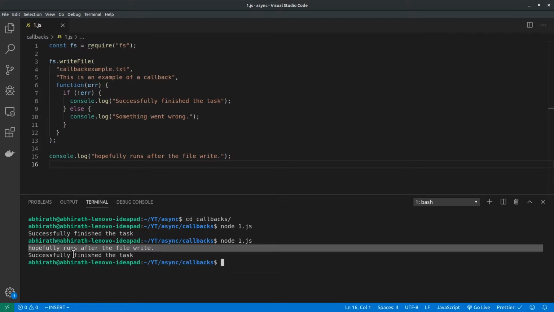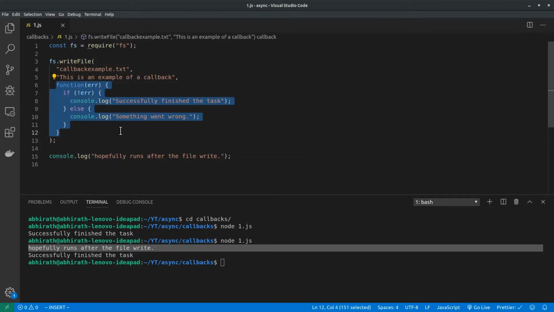In asynchronous programming, you're outsourcing the work to somebody else. So two things or even more than two things are happening at the same time. So we need a way to guarantee the order of execution, and this is where callbacks come in. This callback function will always run after this task has been done. That's the rule. So after JavaScript's friend is done with the task, JavaScript executes this callback.